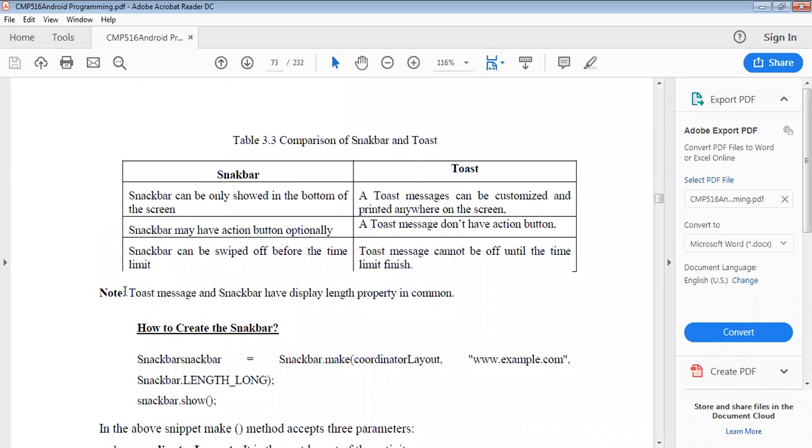Then there is a note: Toast message and Snackbar have the display length property in common. That is common to both Snackbar and Toast.